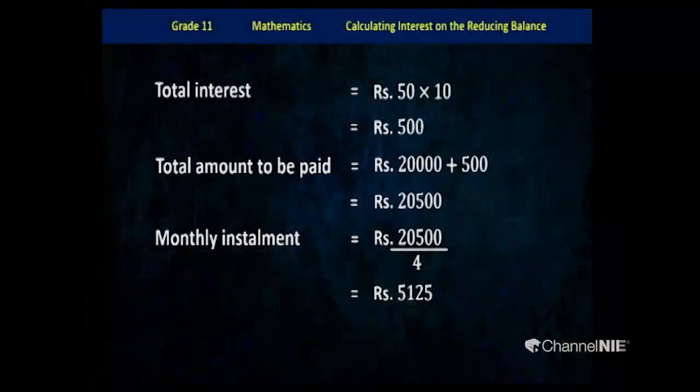After that, multiply the number of month units by the interest for a month. Then you can get the total interest. Here it is 500. Then you have to pay that interest within the given 4 months with the principal amount or the loan amount. Then 20,000 plus 500, that is the total amount. Total amount divided by 4, you get the monthly installment. Monthly installment is 5,125. Right.